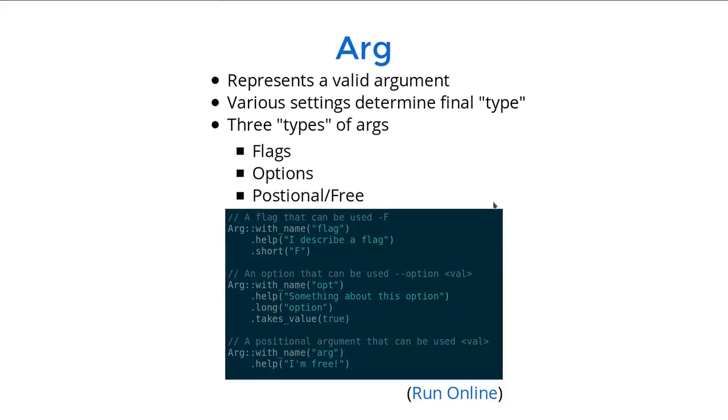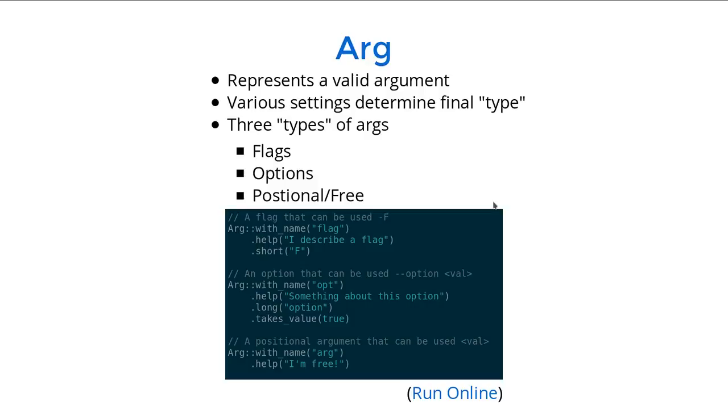So then you've got your Arg struct. This was the most important part of it. One of the hardest things about some of the other argument parsing libraries was that you had to memorize all the different struct types: OptArg, FlagArg, all the, I can't even think of all of them right now, FreeArg. With this, there's just a single Arg struct. Depending on which builder methods you set will determine how the argument behaves, which means you can also change the way an argument behaves by simply adding or deleting a line here or there, which makes it pretty handy to